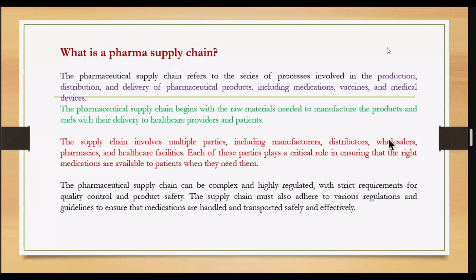The supply chain is the supply chains of many products. It's not that we are talking only about the pharmaceutical supply chain, but many other supply chains are integrated in the pharmaceutical supply chain to see how best we can serve the customers. That's the essence of the supply chain. Each party, each stakeholder, is going to play a very crucial role in this supply chain to ensure right product, right medication, right patient, right time, right cost, all ours.